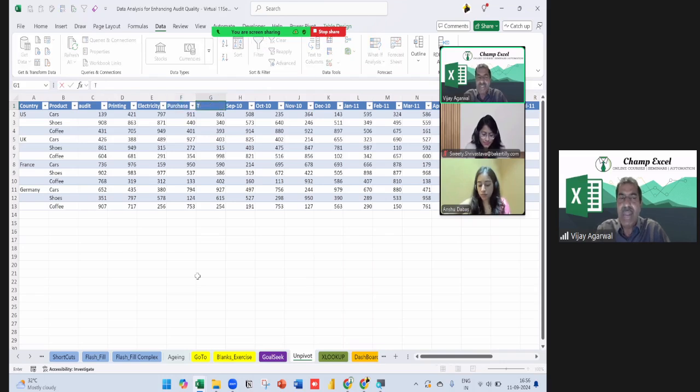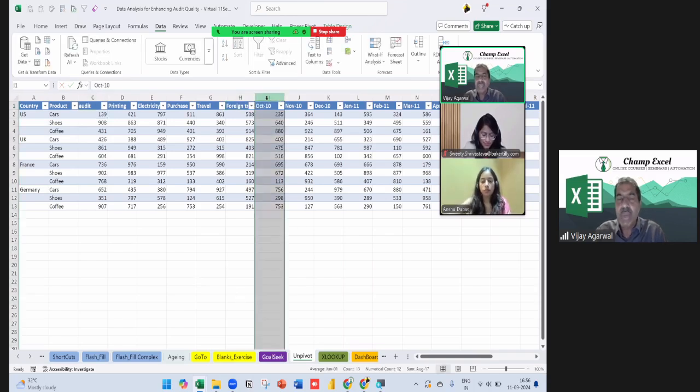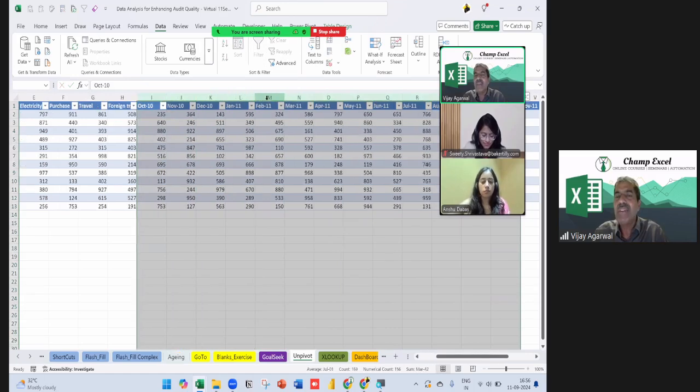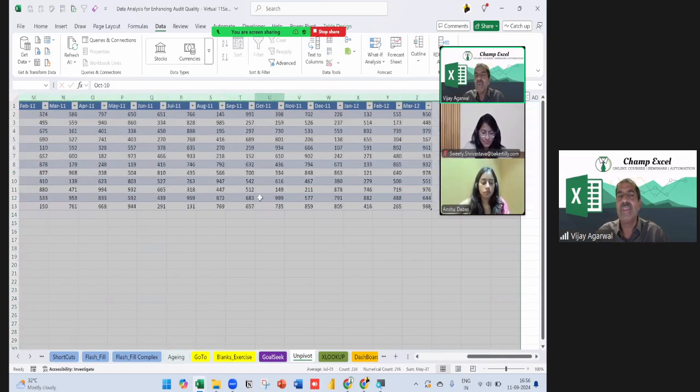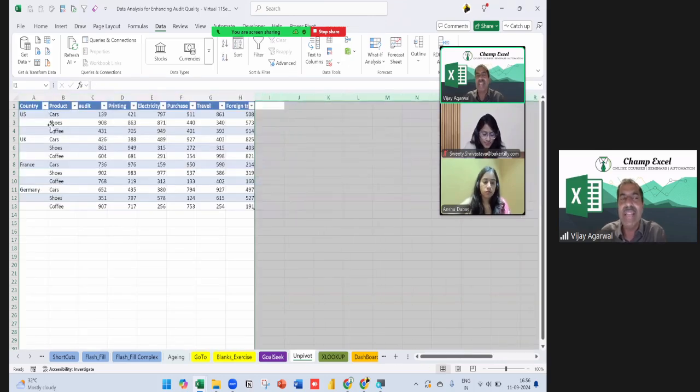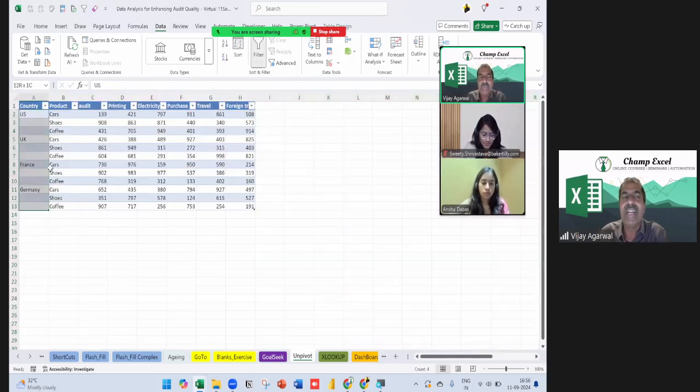Here something like travel or foreign travel. Such types of expenses we are having. Now, if someone says please do some analysis of this data, we have these different entities or different voucher numbers or the date. So here, if I want to make a pivot table, what exactly do I need to do?